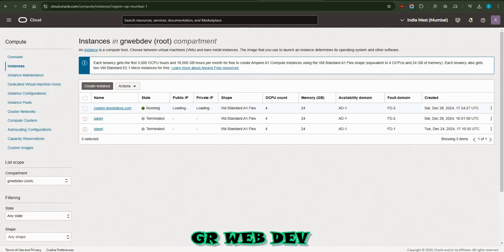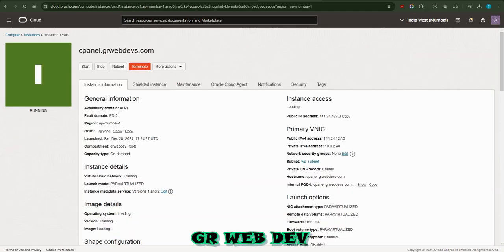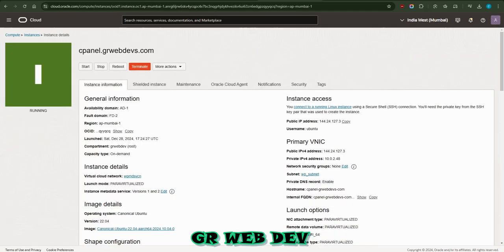Like this is my running panel, and go to subnet. This is the easiest way to get there. Okay, now open